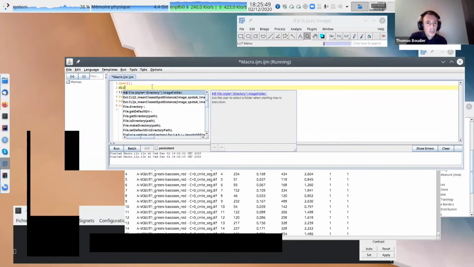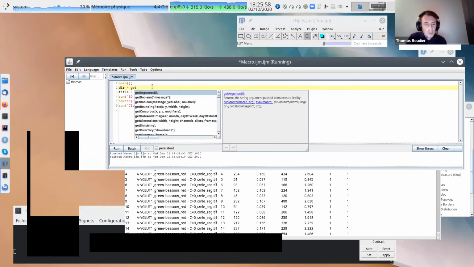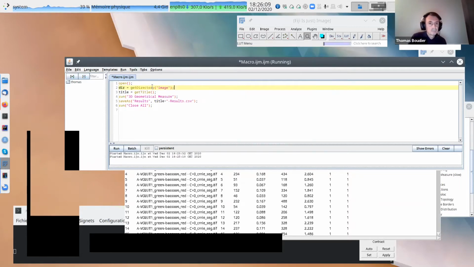So okay, we should be able to do this. Where is this stupid directory? Directory of the image. It's a get directory, right? Get directory. This one. Return the path of the active image. So this is the one I want. So now I will save in the same place.